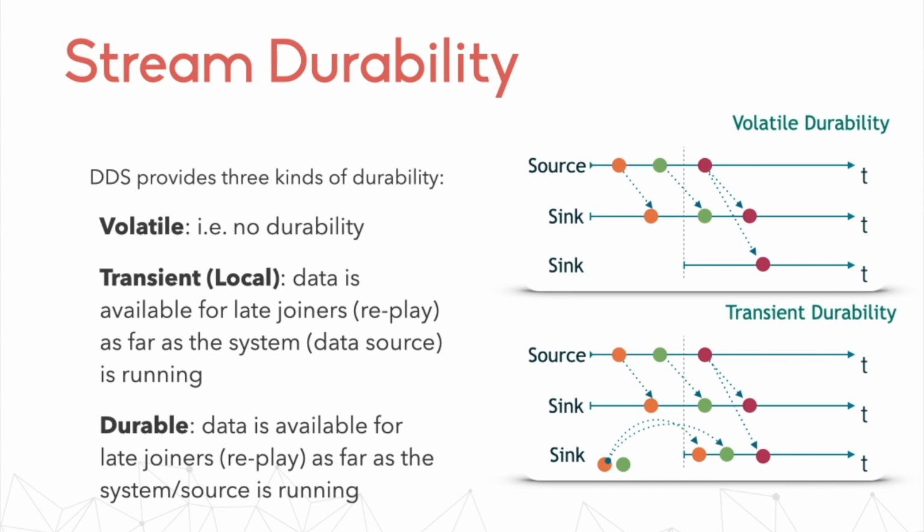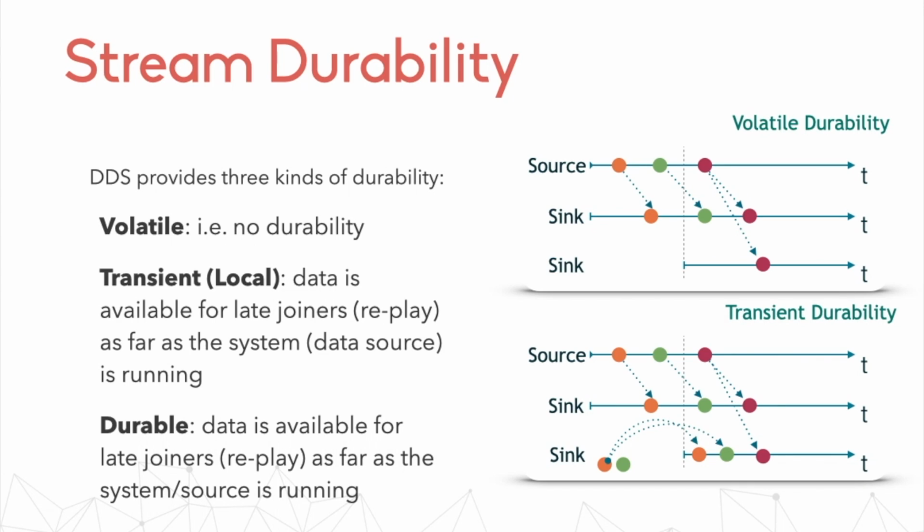So what you see in this marble diagram is a source producing data, a sink receiving data, and then a late joiner that arrives, but the late joiner under these circumstances will only receive data that is produced after he has joined the system. Now, if you use transient local, transient, or persistent durability, then